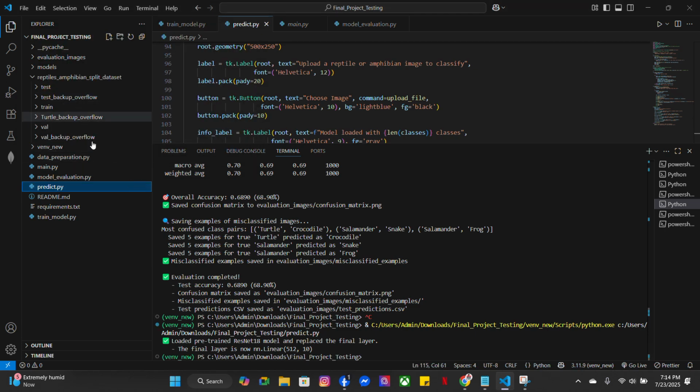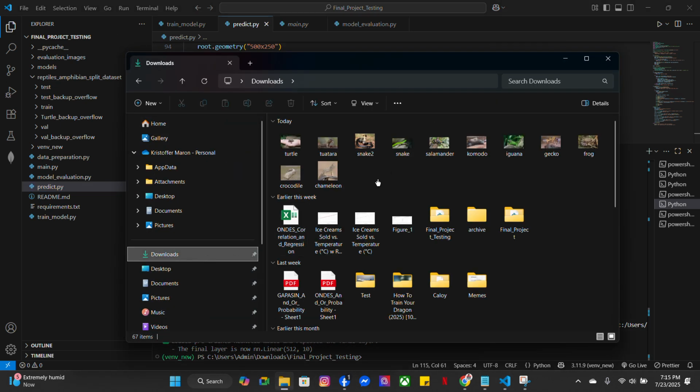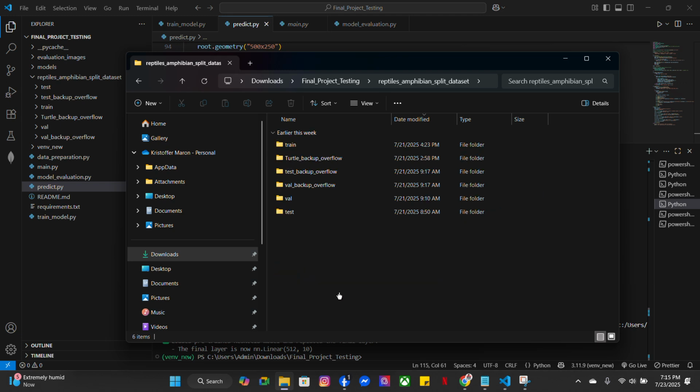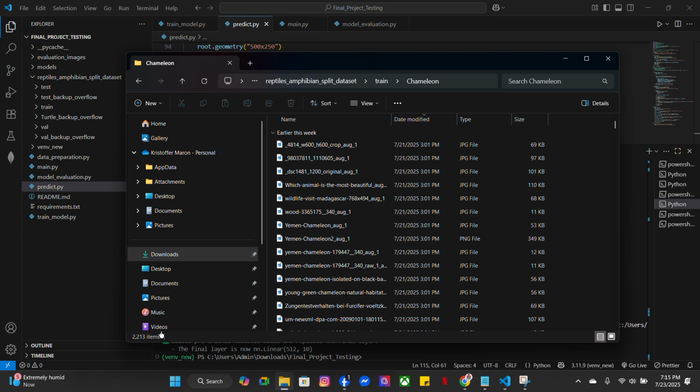So for the data set, like I said, we have around 2,000 images per species.